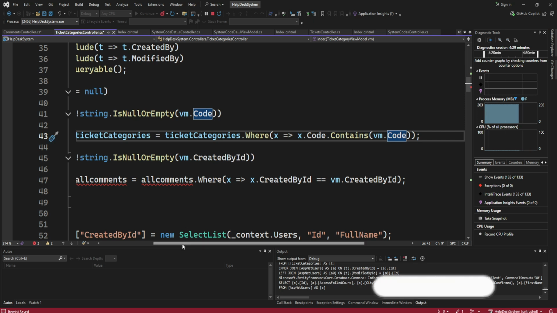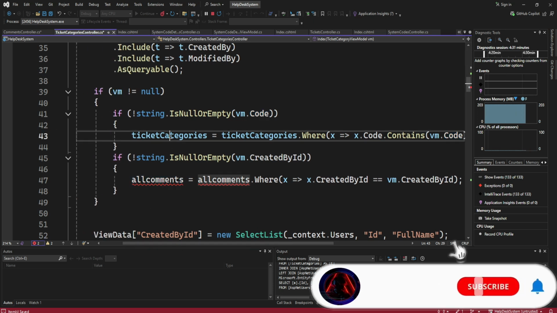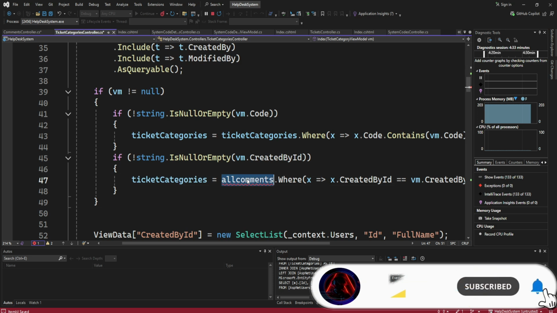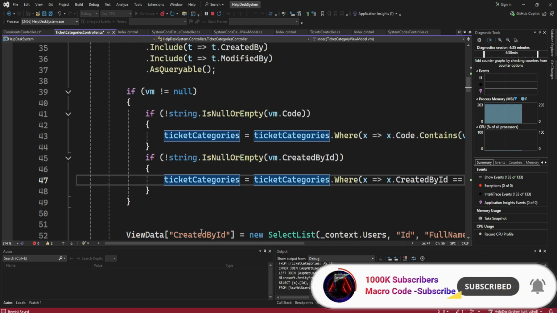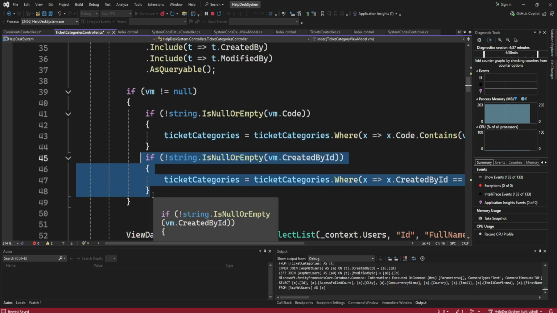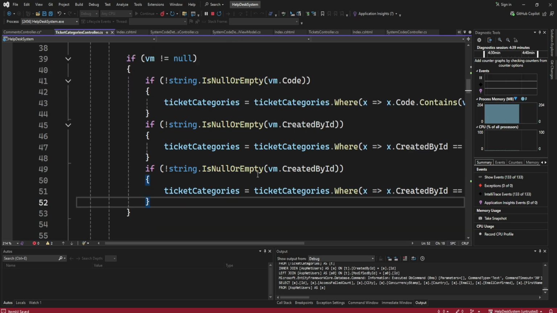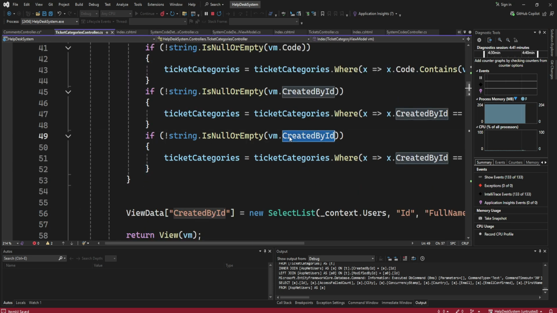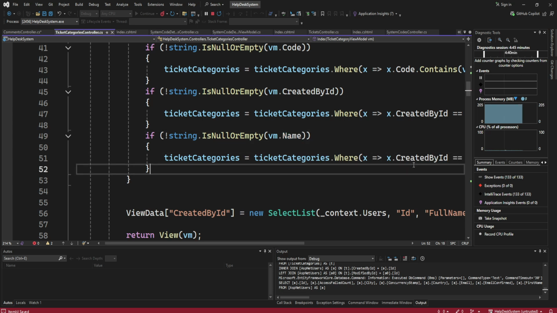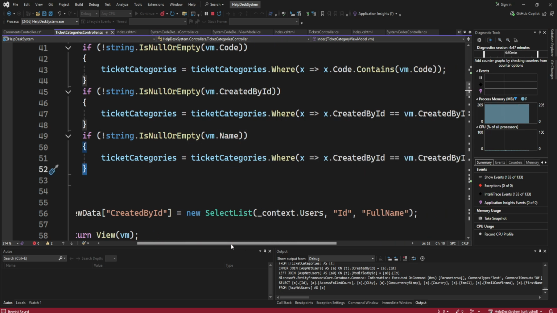Also, you can check the created by. So you'll just do here ticket categories where created by is that. And also you can check if the name is not null, so you can say here name. If the name is not null, then you can say here dot name